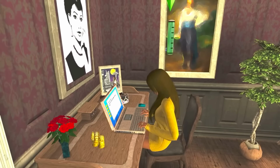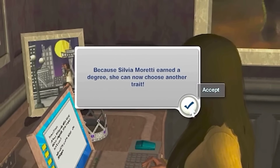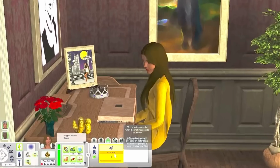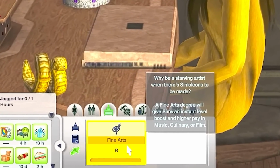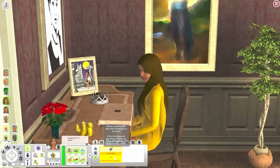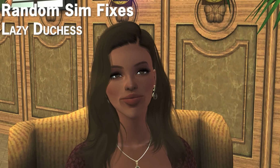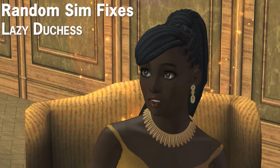But I think in total it takes around 90 in-game hours to finish. It's great that you can work toward the degree whenever you have free time, and as someone who never sends my sims to university, I think it's a great way to take advantage of some of the gameplay from the university pack. This next mod I have mentioned before, but it's so essential I just had to mention it again,